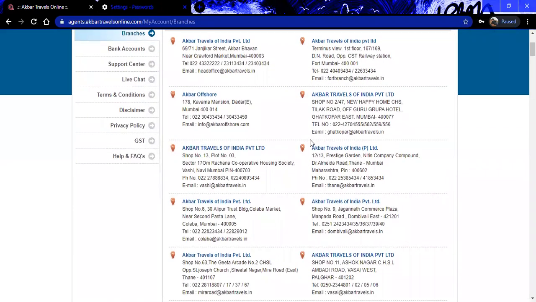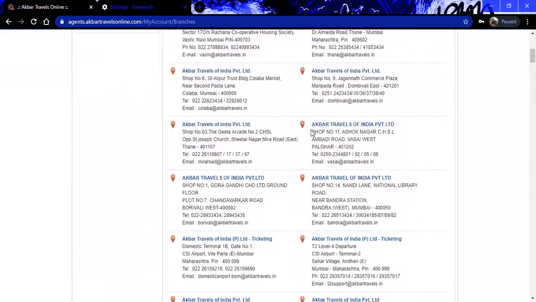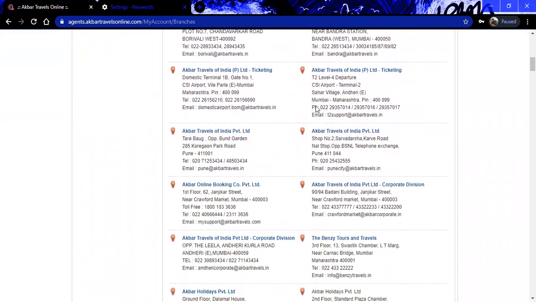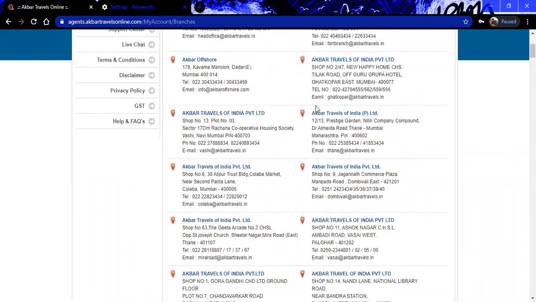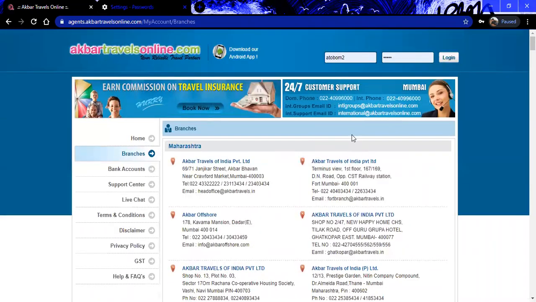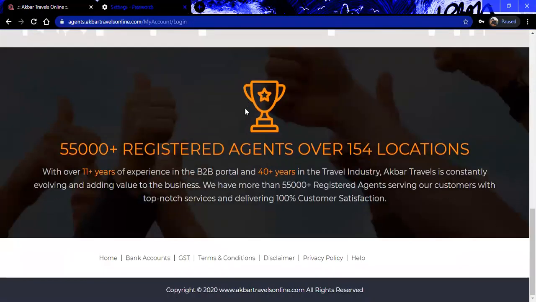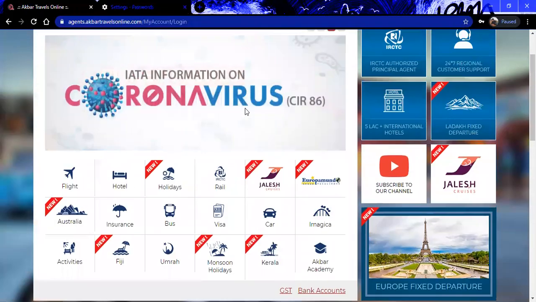We can see what branches are there in Maharashtra, with the contact numbers and email IDs. You can get in touch with whichever branch is nearby. That's all on the home page. Below, we have our awards and achievements, which you can go through.